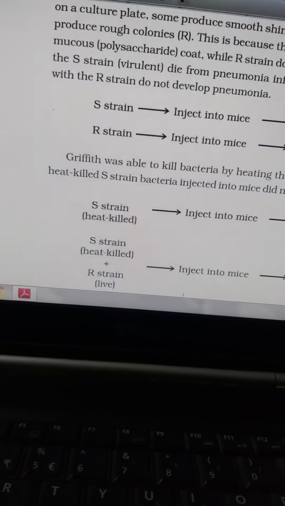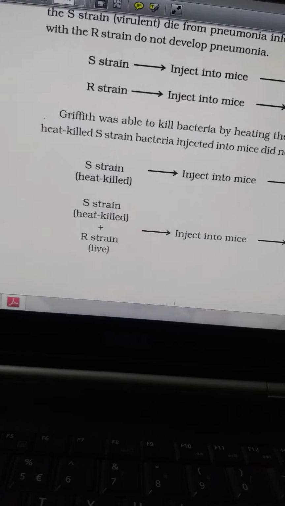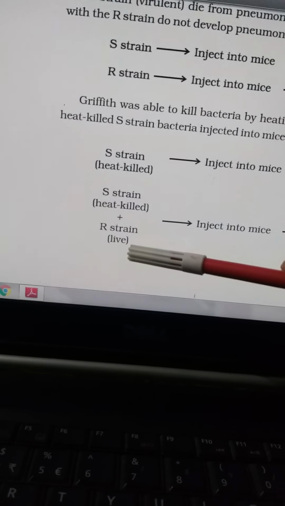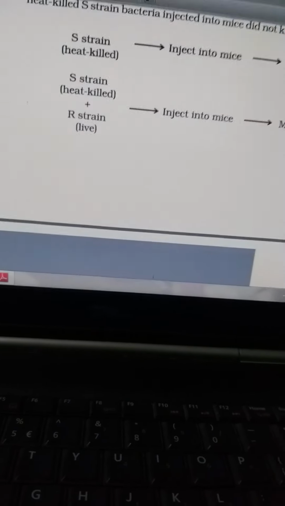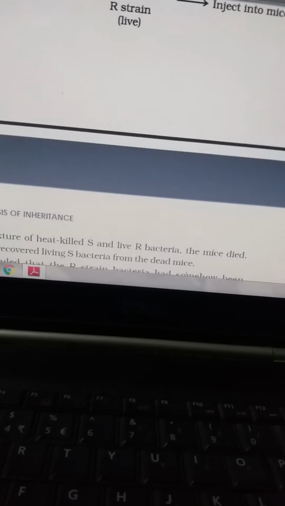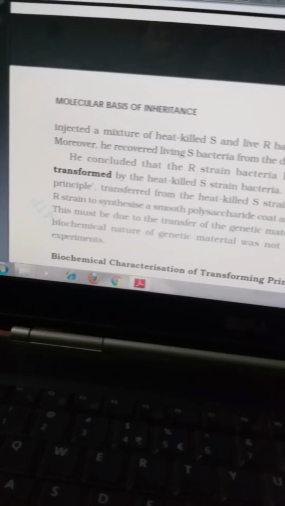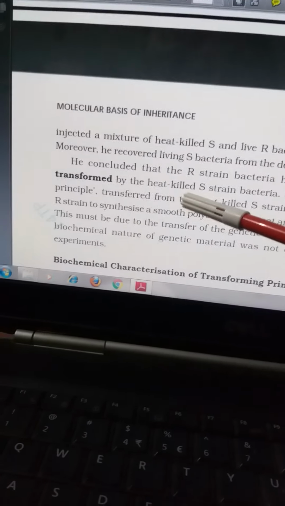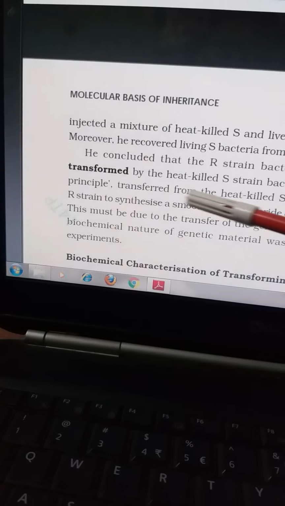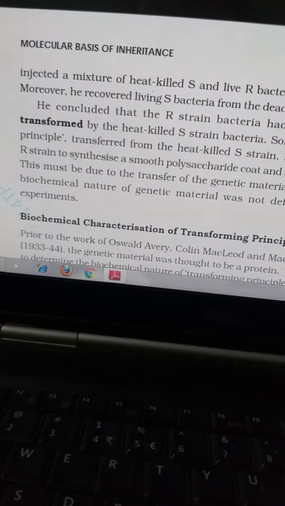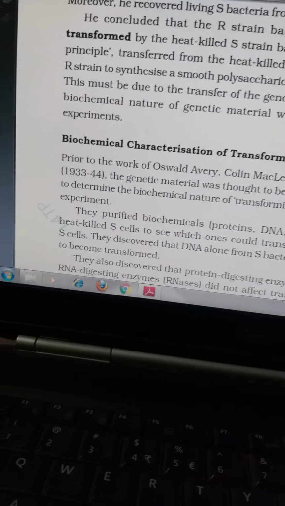Now what happened? He boiled them. When he boiled, the S strain was killed, so when injected, the mice were alive. But when the heat-killed S strain plus the live R strain were injected, the mice died. Why? Because heat killed some of the protein structure. But you see, the R strain got transformed by the heat-killed S strain. So such a transforming principle transferred with the heat-killed strain enabled the R strain to synthesize the smooth polysaccharide coat, so it got biochemically